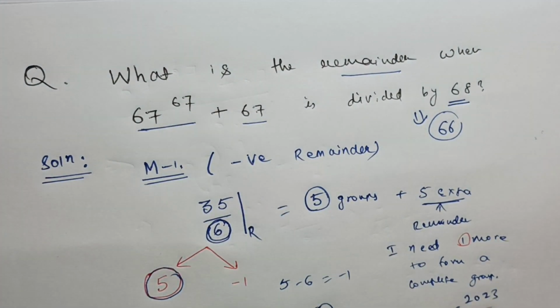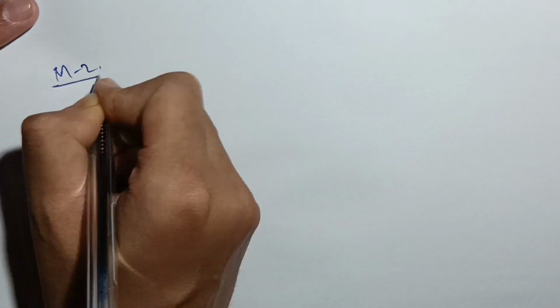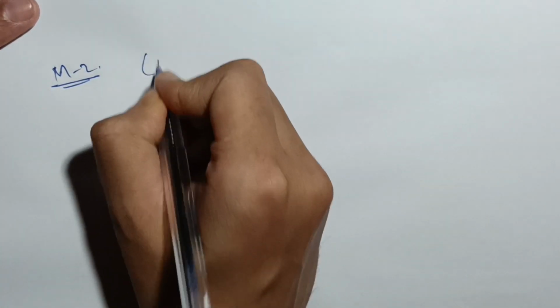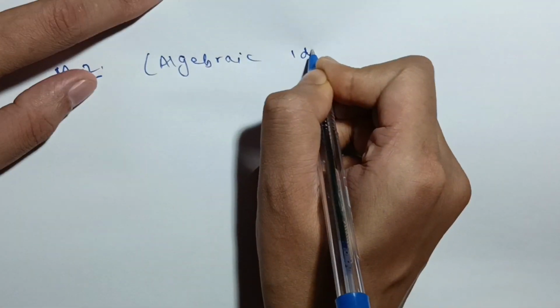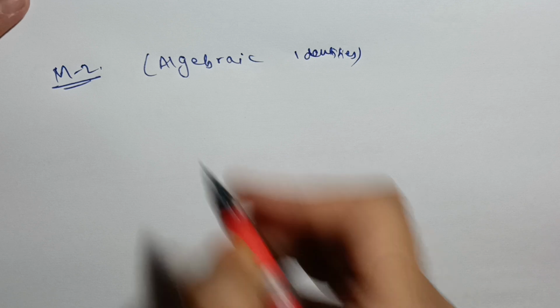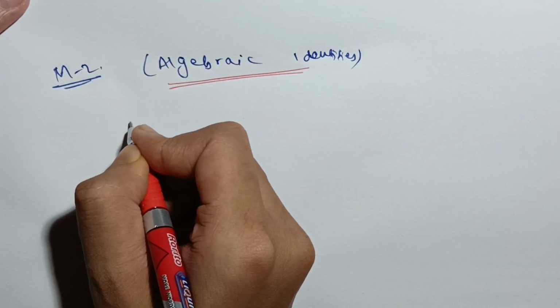But let me try another method. Another method is also good. So let me start method 2. In this method I will use algebraic identities. Now I will use a very beautiful concept known as, let's say, if I ask you